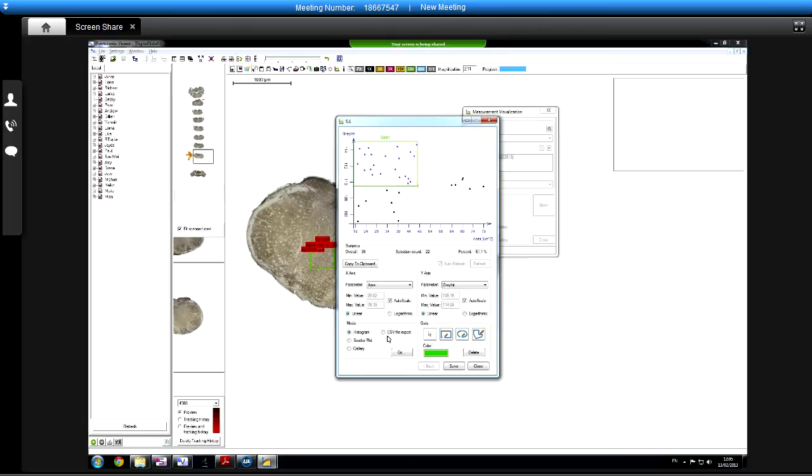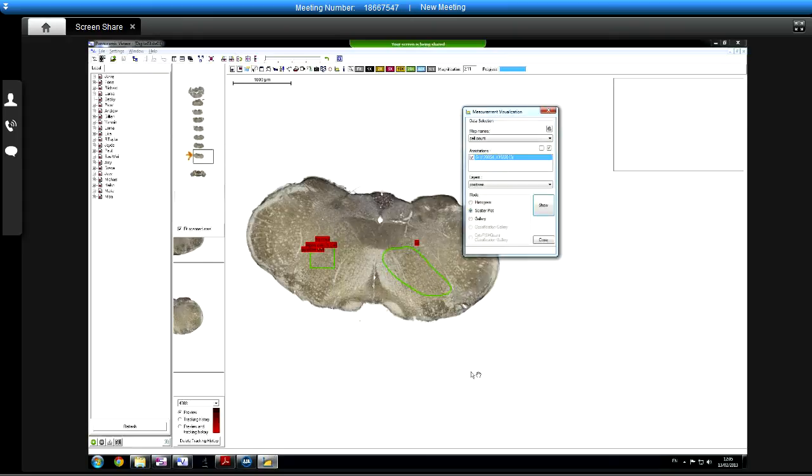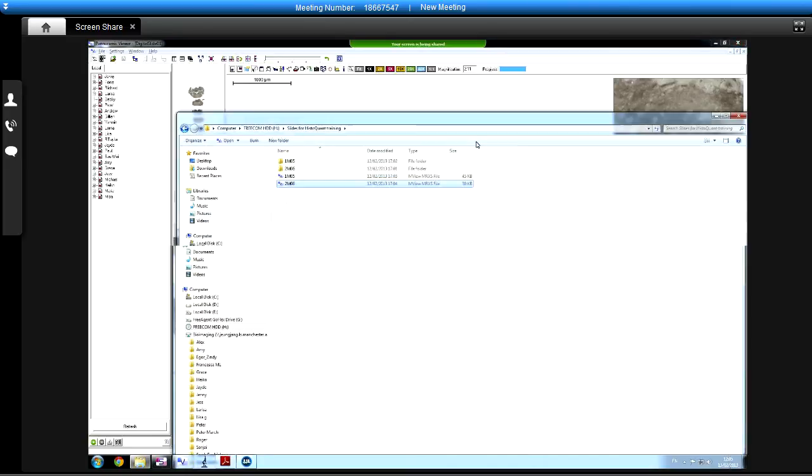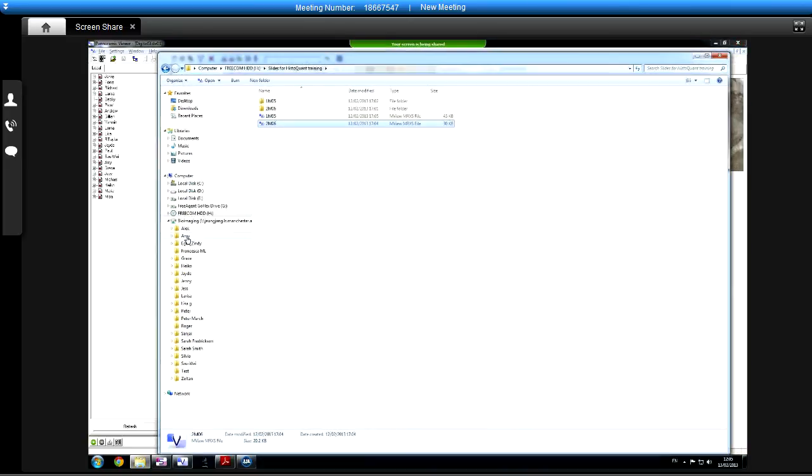As I say, all that data is sitting in the background in the slide forever, unless you delete the measurements. So it's possible to do that. I think the main thing we've not looked at is that data file output as well. So we just go to saving these in your folder on the server here. You see here we've got one called regions and one called cumulative. Let's have a look at each of these, so the regions one,